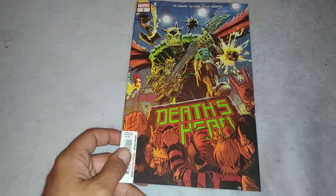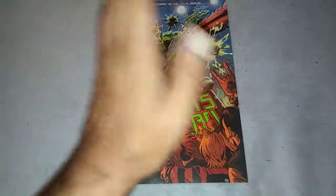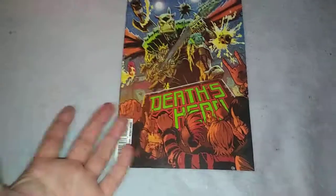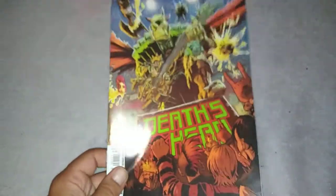As far as this book, I'm gonna go 1 o'clock. I'm gonna go 1 o'clock because the art is good. It's not a bad issue. I didn't think it was bad. Kind of want to know what's going on with Yondu and that, but I'm happy to have Death's Head back. I'm glad that we have